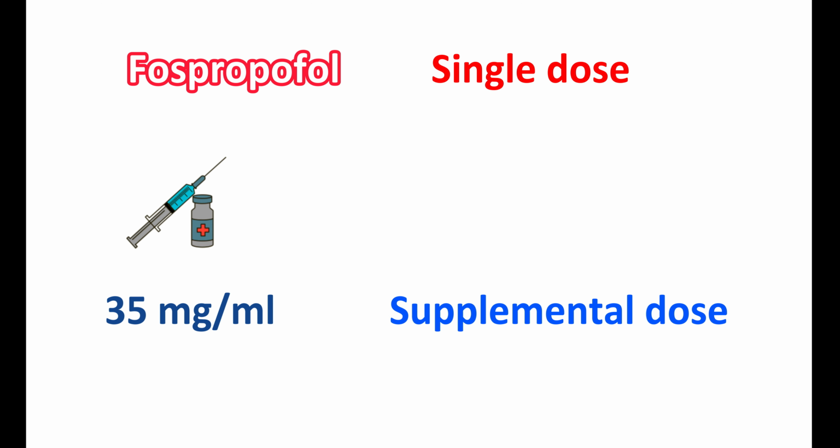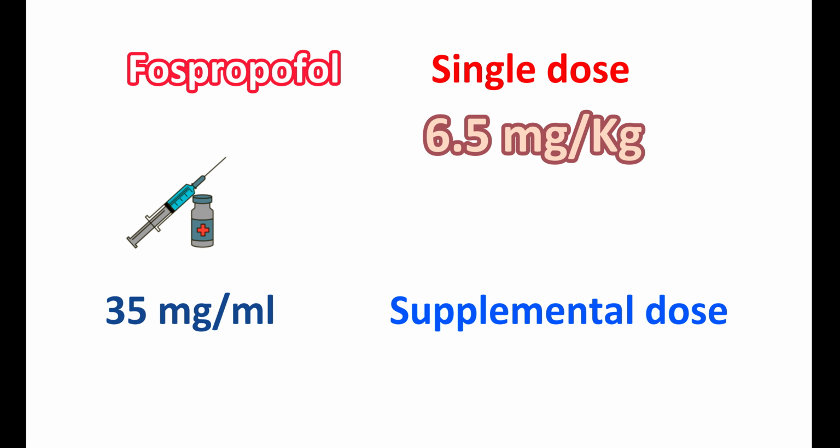The standard dosing regimen of Fospropofol for inducing sedation is an initial intravenous bolus administration of 6.5 mg per kg. The initial dose should not exceed 16.5 ml. Suppose a patient has a body weight of around 90 kg, then the dose will be 16.5 ml. This is the maximum dose. So whatever may be the body weight of the patient, the Fospropofol should be given not greater than 16.5 ml